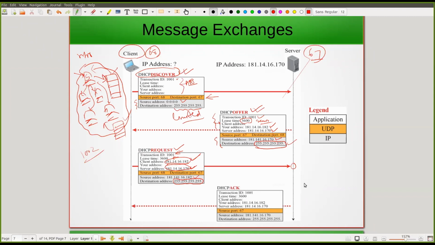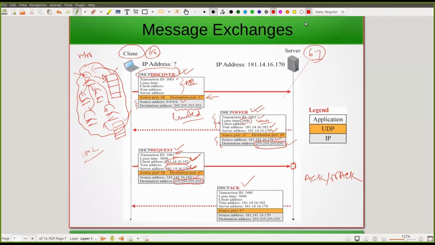So in that case, the DHCP server may send an ACK message or may send a NACK message. If whatever IP address you are saying that you are interested in assigning to your system, the server has no problem in giving to you, the server provides a DHCP ACK message. But if that IP address is already given to somebody else, then